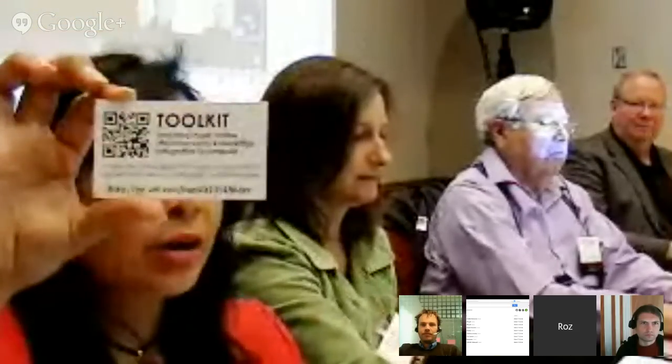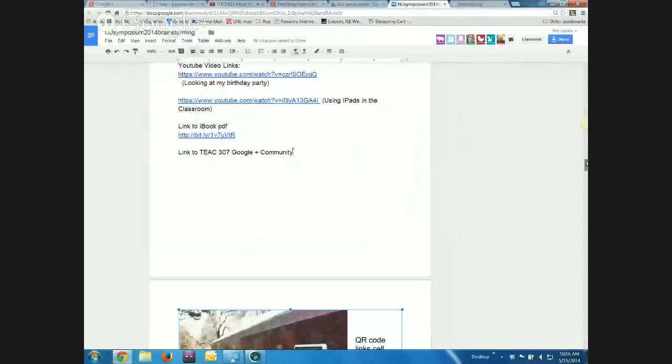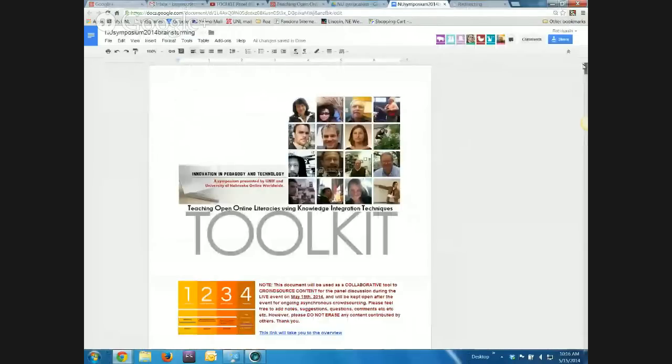But let's get back to here. There are some cards that are being handed out in the room, and they look like this. What these cards do is they'll take you to a folder. So if you have a device, this is a hands-on session. We also have some people coming in live from around the world, so they will be coming into the same document. I'm going to share my screen right now to show you what that document is. You're welcome to come in live. Just scroll all the way up. This is a live document, and already you can see we've got some people online.